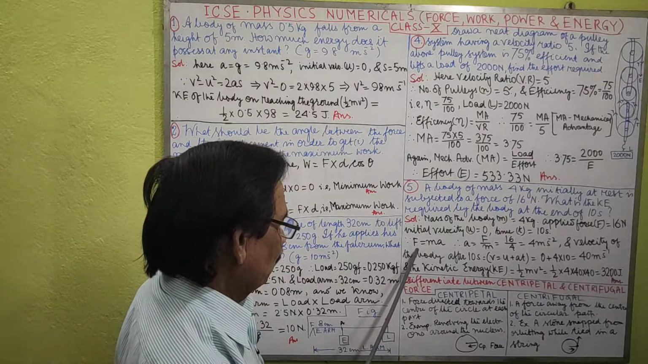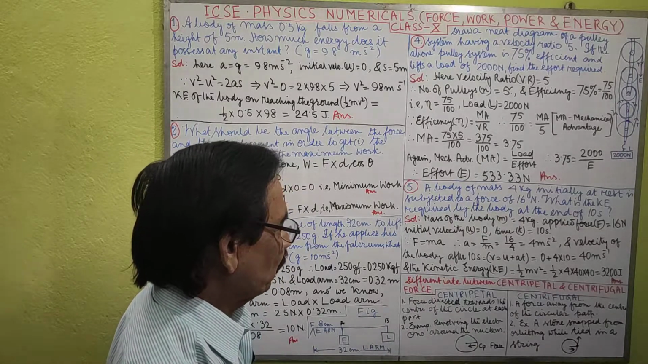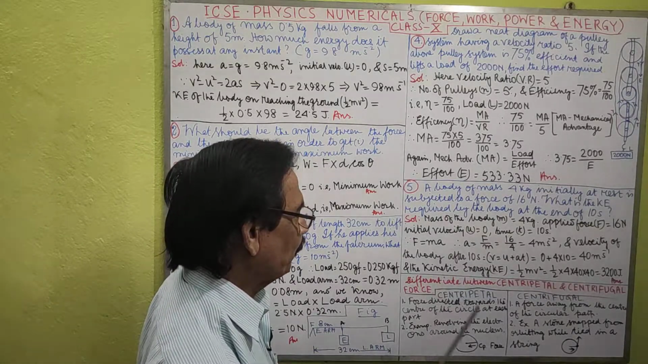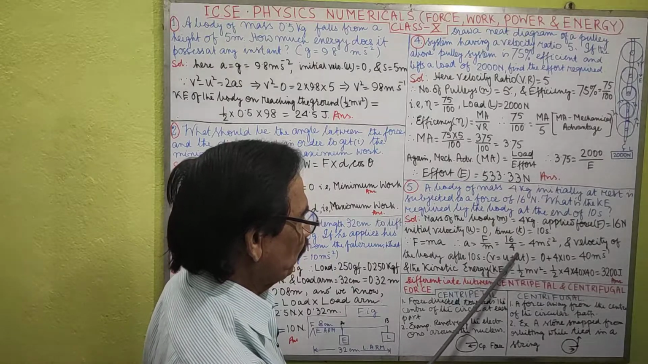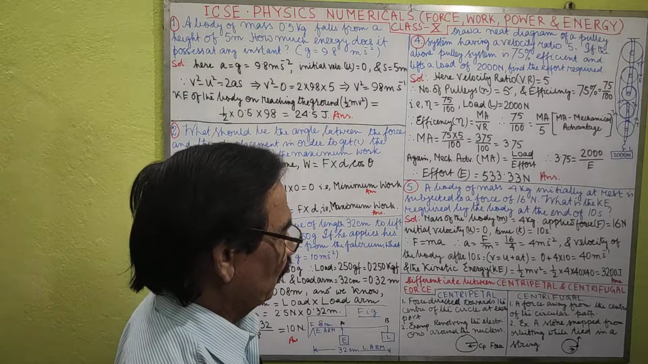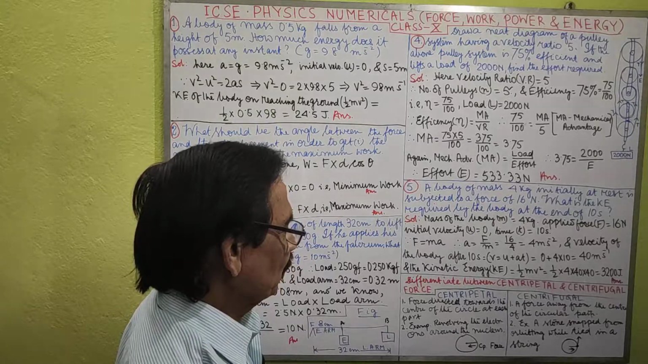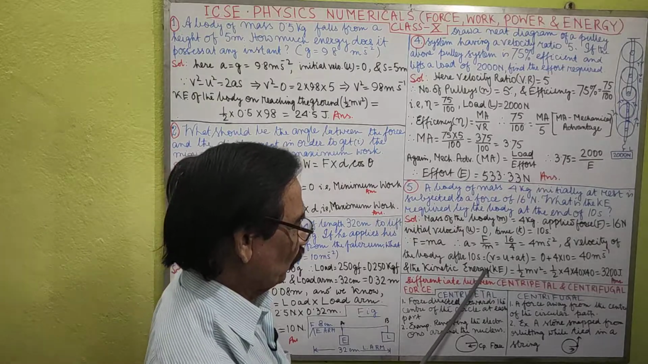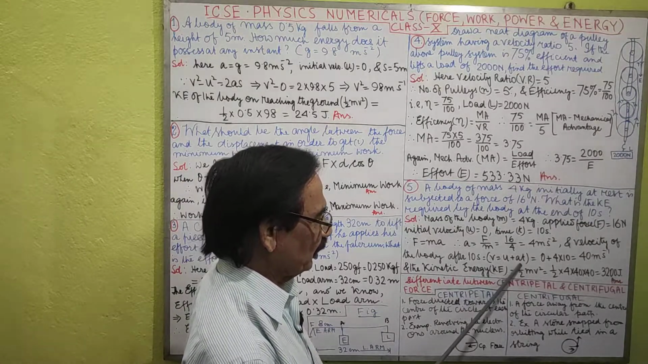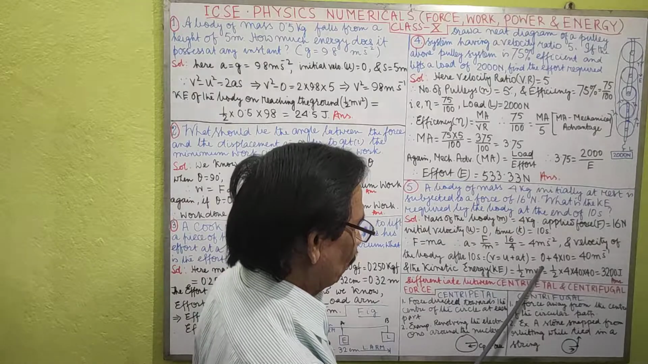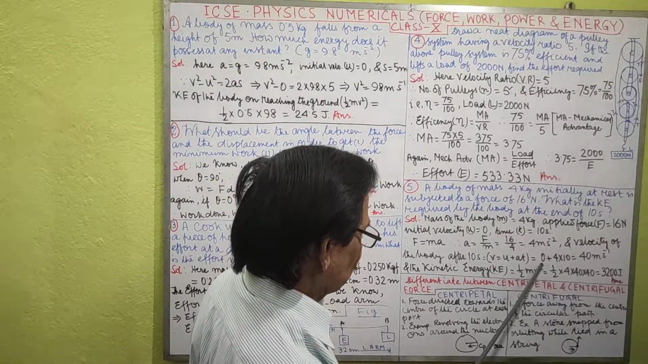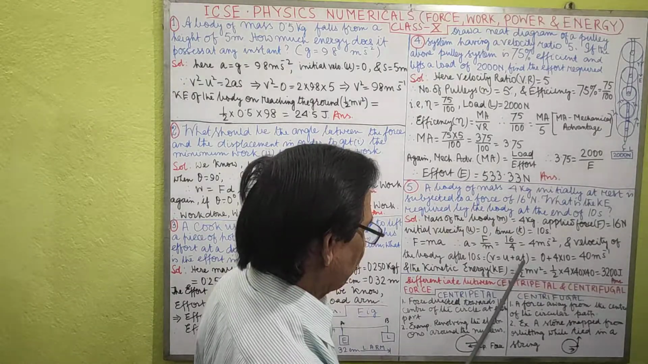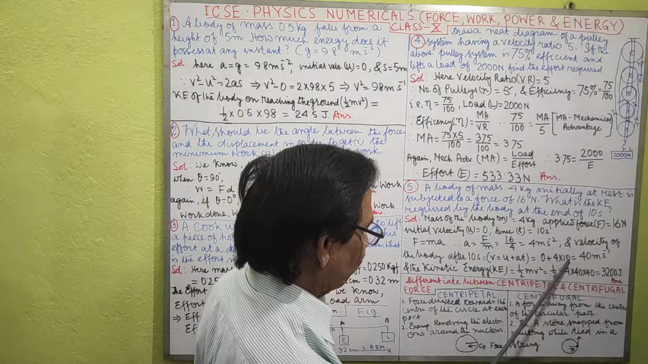We know that F equal to mass into acceleration, M into A. Therefore A equal to F by M. F equal to 16 Newton by 4, that is 4 meter per second square, the acceleration. And velocity of the body after 10 seconds, we know that V equal to U plus AT. Here U equal to 0 and A equal to 4 meter per second square into 10 seconds, that is